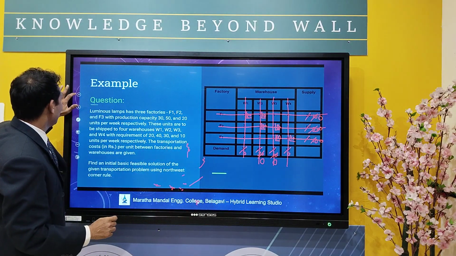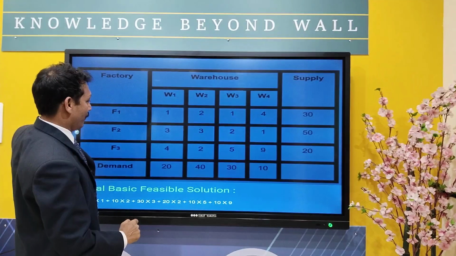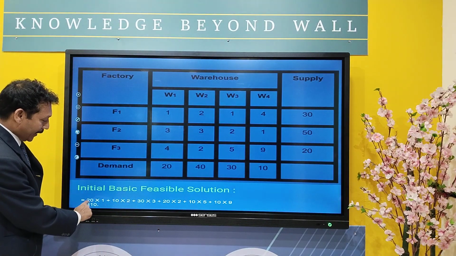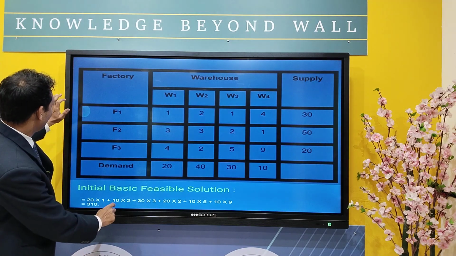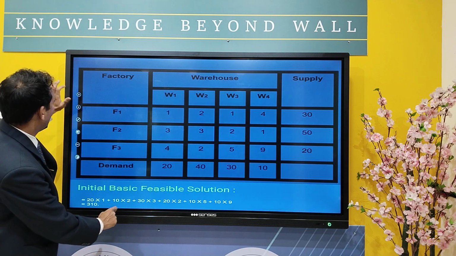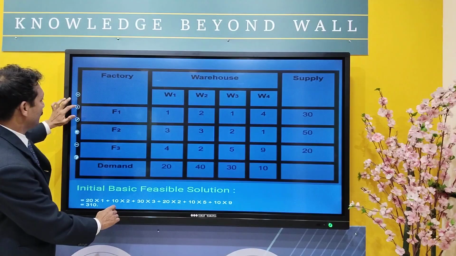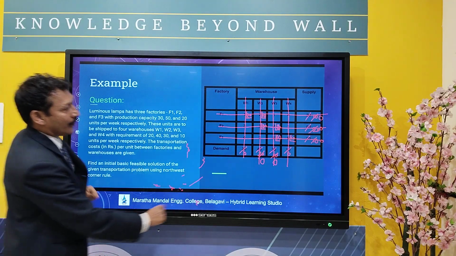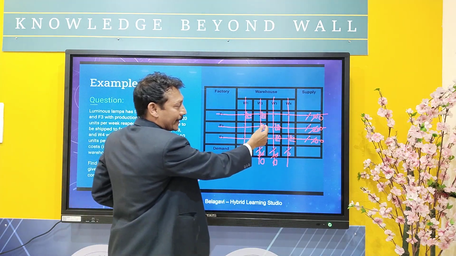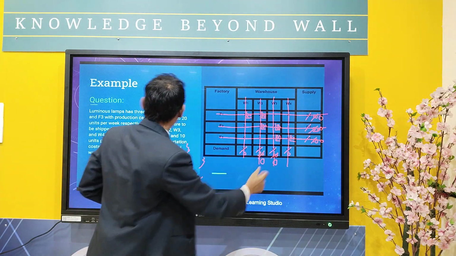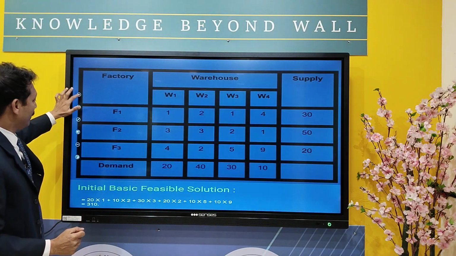For the next slide you can see here. We have allocated 20 into 1, 10 into 2, 30 into 3, whatever was allocated, and we multiply each by the previous value, the unit cost, and then we will get the answer. See here, this is your